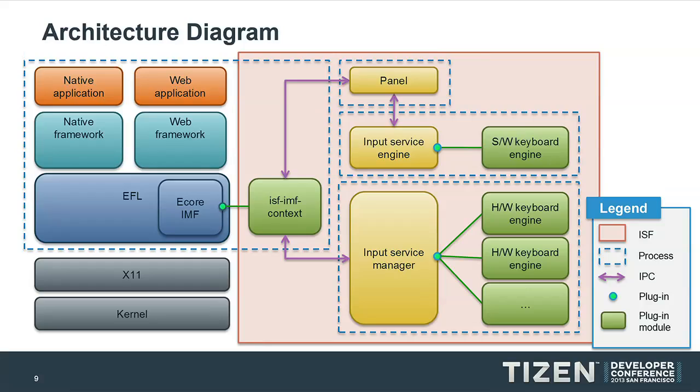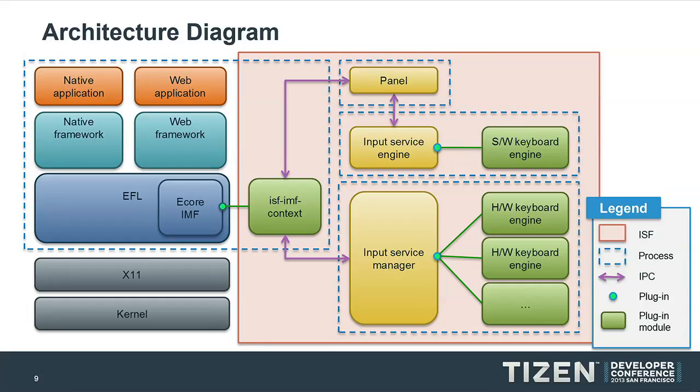But regardless of which framework the application runs on, both frameworks sit on top of the system-wide common layer, which is called the core API layer, and the UI toolkit for the core API is EFL. So both the native framework and the web framework use EFL's eCore IMF interface to interact with the